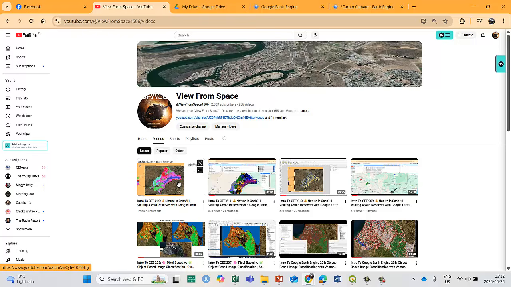Obviously NDVI is important from an ecological point of view in terms of capacity to carry carbon, all sorts of things. There's lots of reasons why I wanted to look at the NDVI of these 4 reserves.